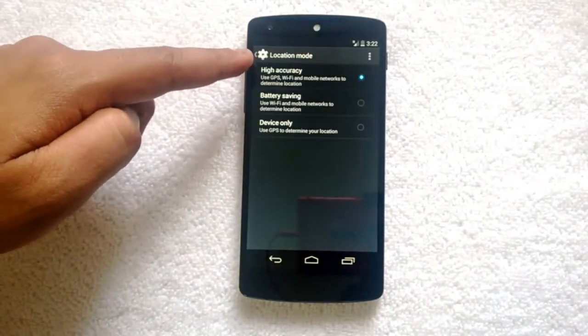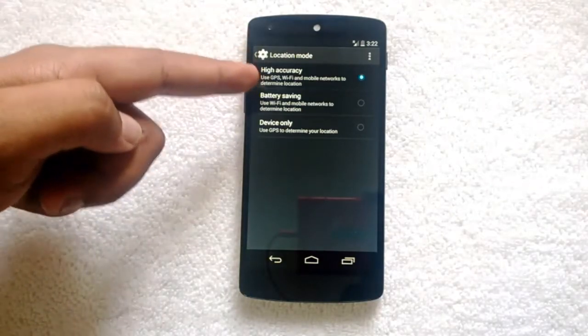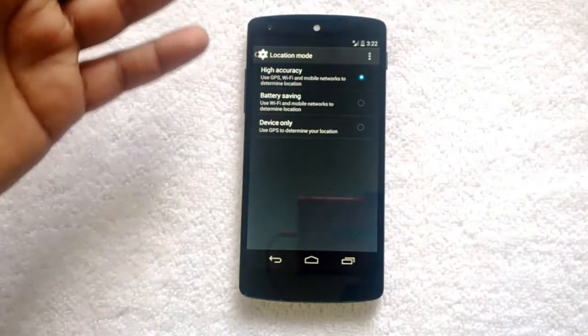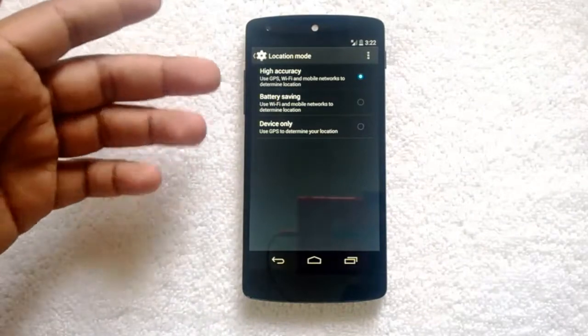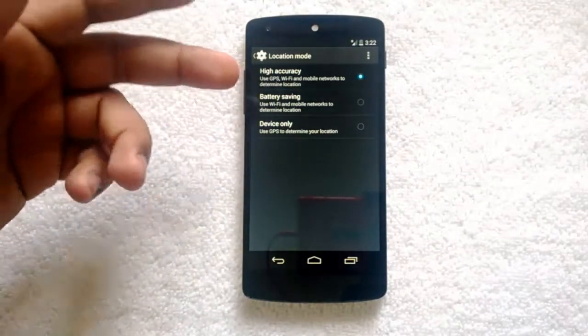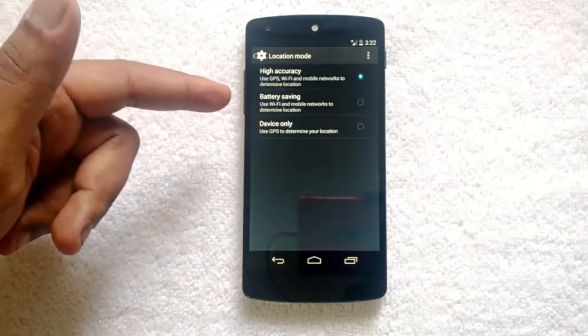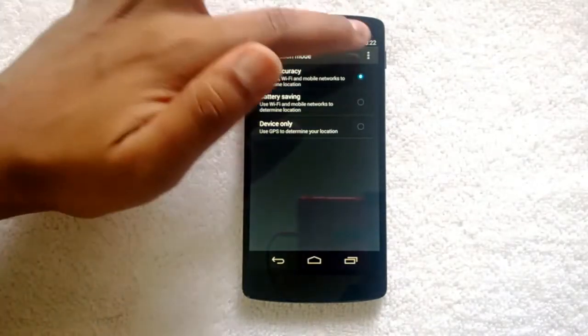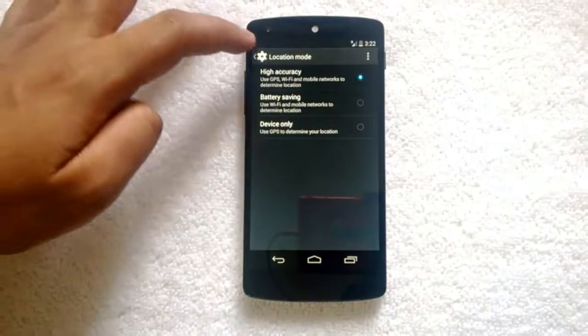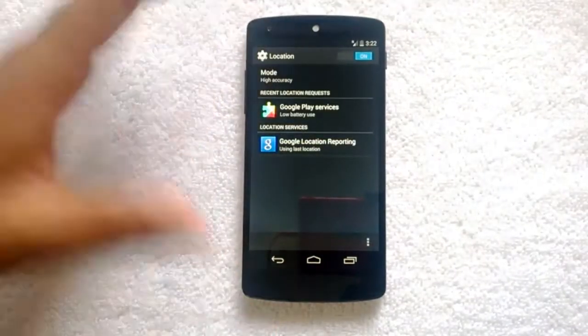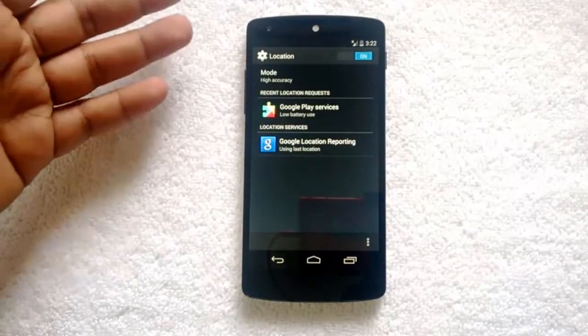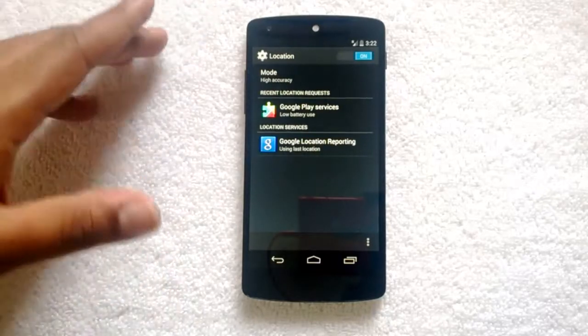High accuracy: we use GPS, Wi-Fi and mobile networks to determine location. This means all three are used simultaneously. Battery saving mode uses only Wi-Fi and mobile networks, and device only uses GPS to determine the location. So there is a choice here, three options to enable location based on the accuracy and the battery saving mode.